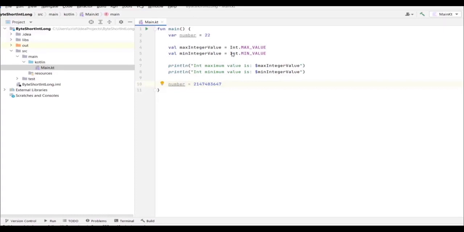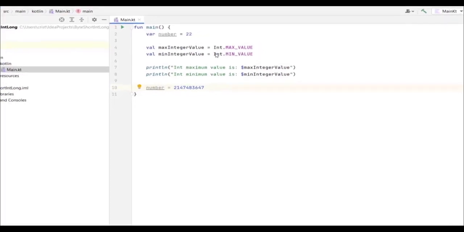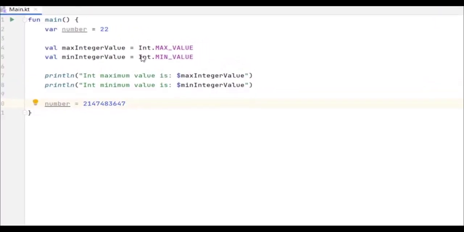Alright, so in the last video we looked at the integer data type, and we saw there that you can store a minimum and a maximum value in an integer. And in this video we're gonna look at the next 3 data types or types for storing whole numbers, and those are the byte, the short, and the long. And let's start with the byte to see what is the minimum and maximum value which can be stored in